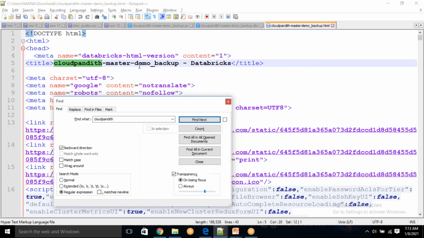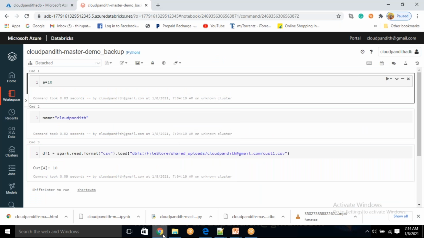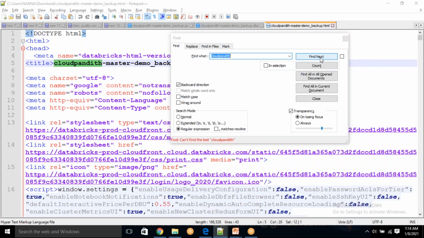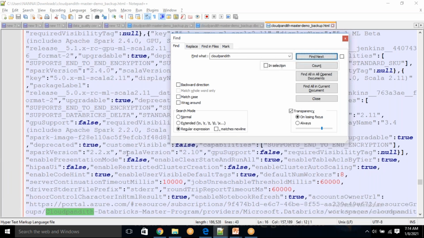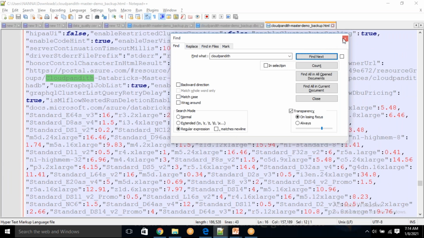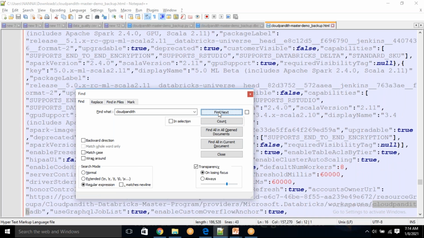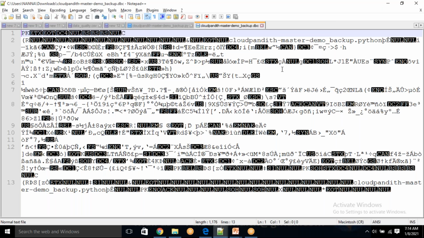But this is the Databricks notebook name. What is the name I have given here? Name equal to Cloud Pandit only I have given, right? So I am not able to see. Search for A is equal to 10, you will get it. A equal to 10 also I'm not getting. Okay, but it is difficult for you to analyze.